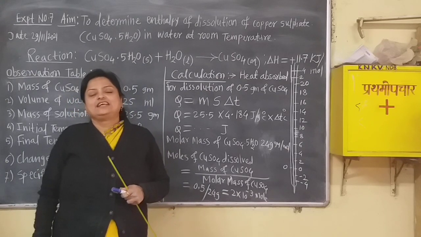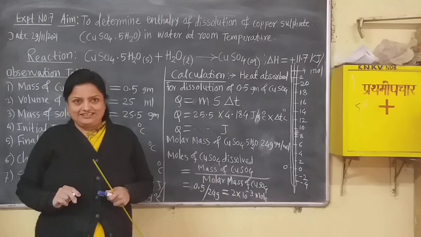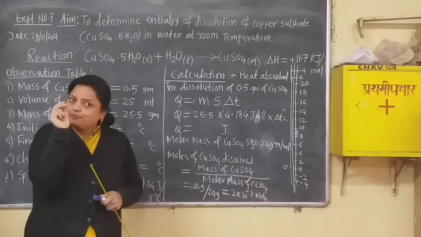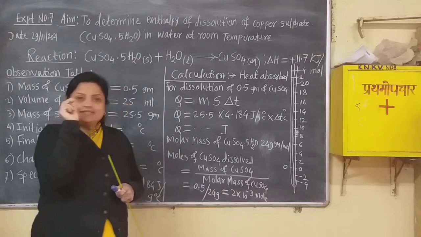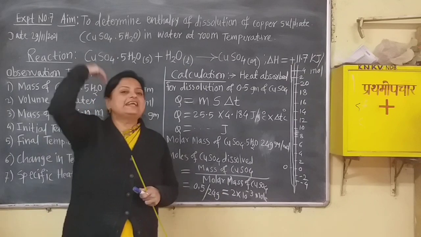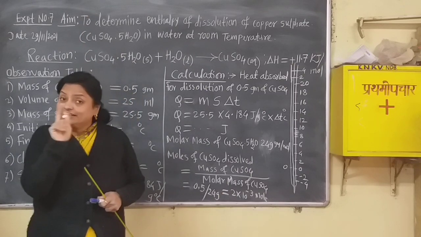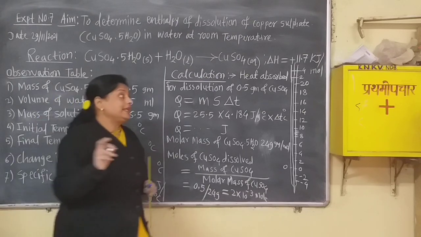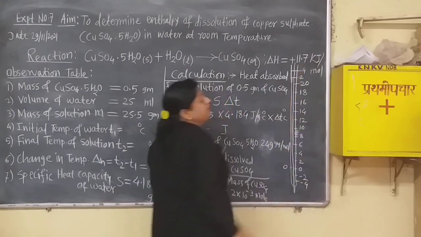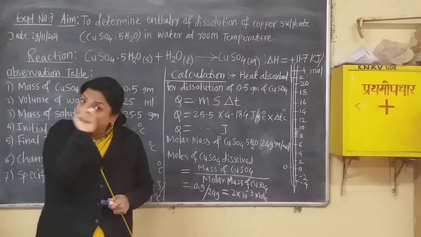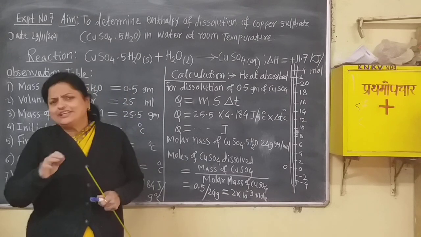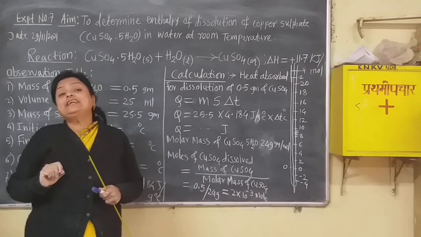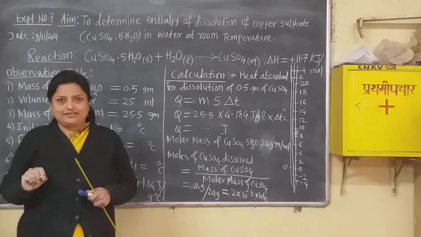Can you say? 10 lines are in between 2 and 6. So the fifth line is of 5. See here, in between 4 and 6 there are 10 lines. So the fifth line is of 5. Can you understand this? So if the temperature is above this 20 in between 4 and 6 at the fifth line, then what will be the temperature? 25 degrees centigrade. That means one small line is of how many degrees? 0.2. Can you understand that?